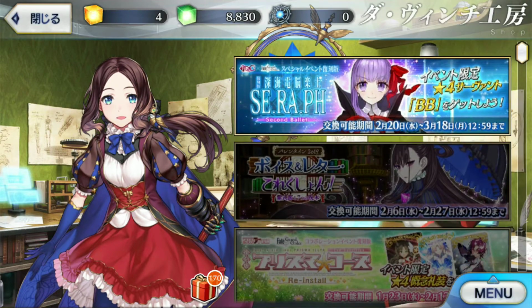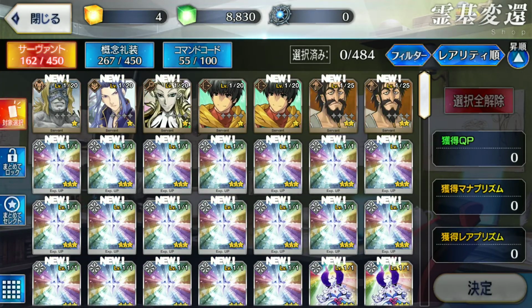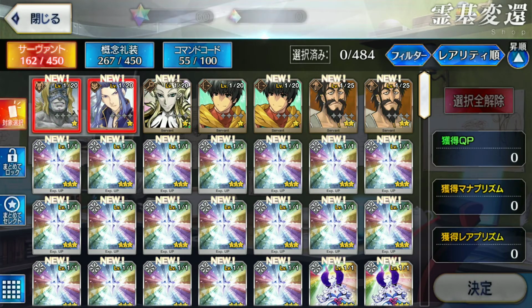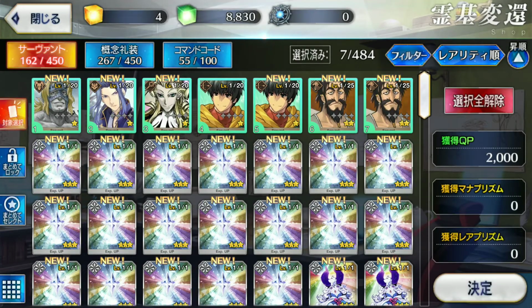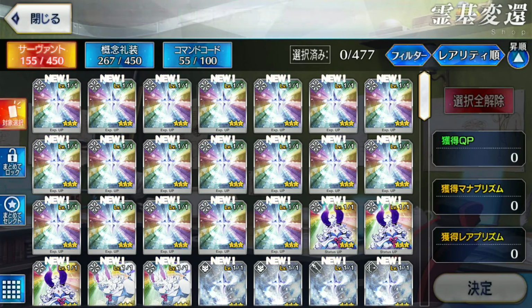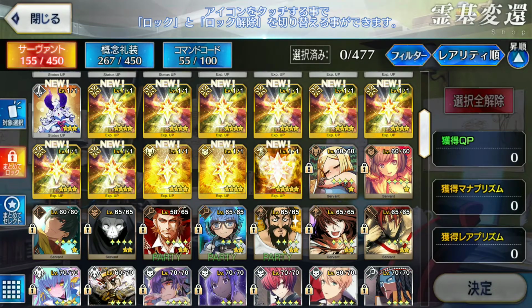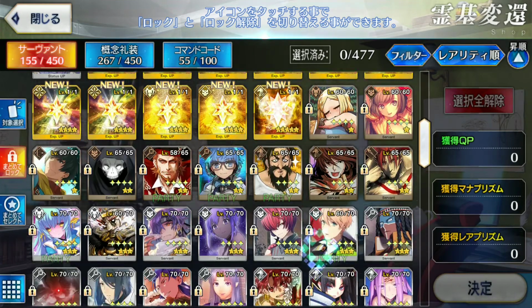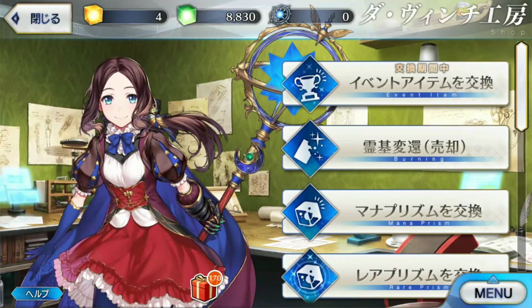So first is the event list. If you use this option, you can go to the store of the current event. Then here you can burn your cards, and as I showed you before, you can select one and then select everything that you want to burn. Like in this example, you select everything and it gives you some QP or sometimes some mana prisms. Just remember to use this. Remember that you need to lock your servants, because if you don't lock them, maybe you are going to burn them. So always remember to lock them before anything during this option. Then you have the mana prism,